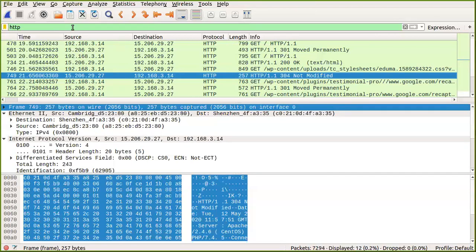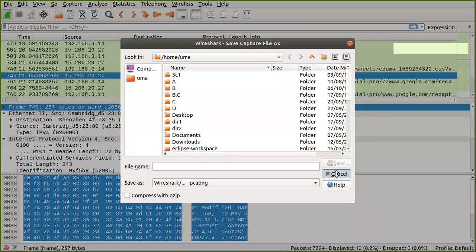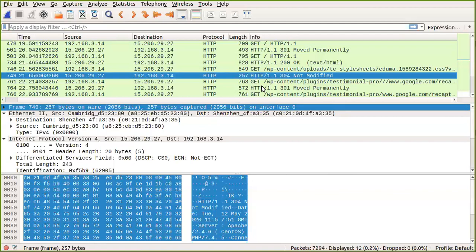So basically, when you have to run again, you have to remove the filter and then run it, and open any particular web browser, and you can wait for the web page to get loaded, and then you can give a filter HTTP. You can give the filter. You get all the HTTP packets to be retrieved.